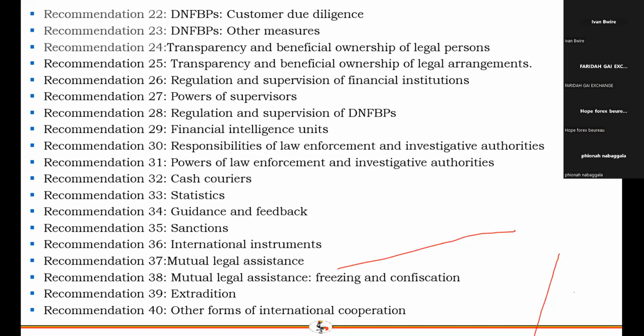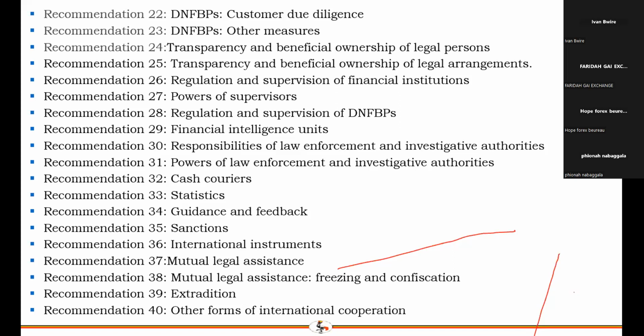So the same recommendations, the rest up to 40, also highlight mutual legal assistance. How do we solicit support from other countries when we are prosecuting a criminal, for example, that has transferred or wired proceeds of crimes to Kenya or any other country? How do we get back those proceeds of crimes? How do we freeze or confiscate those properties or proceeds of crimes? How do we channel the assistance? It's through request from the internal affairs here to the internal affairs of the other country.